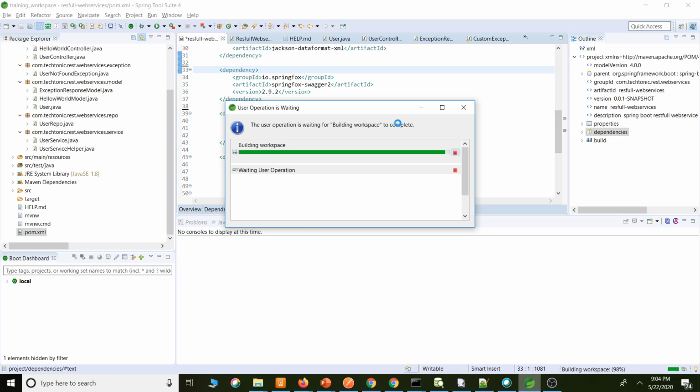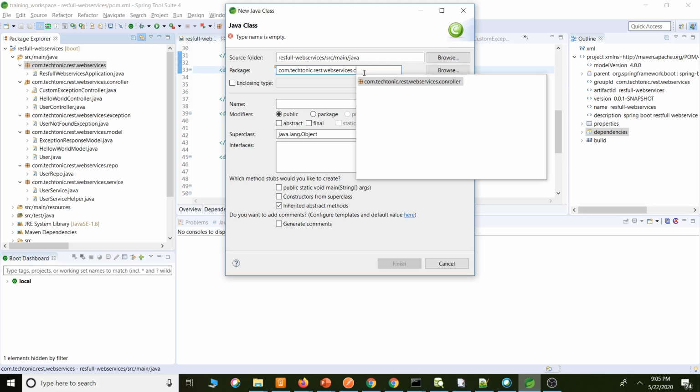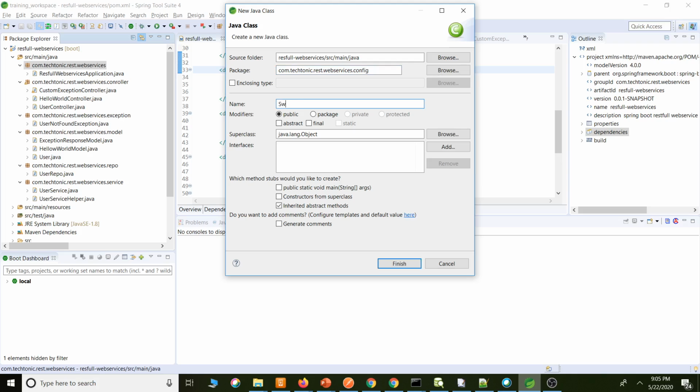And we need to configure the Swagger document. We have downloaded the dependency jars. Now we have to create the configuration. I will be creating it under the config package, and the class name is SwaggerConfig.